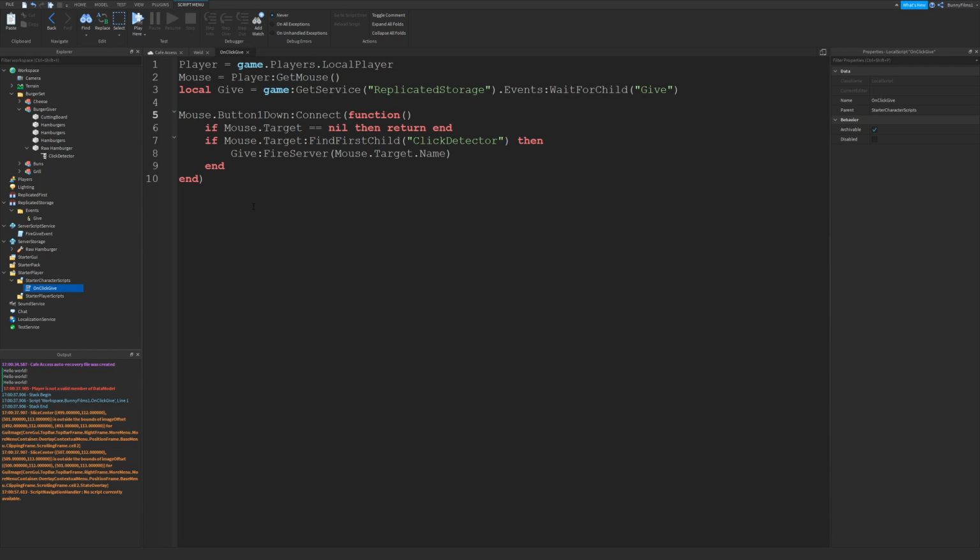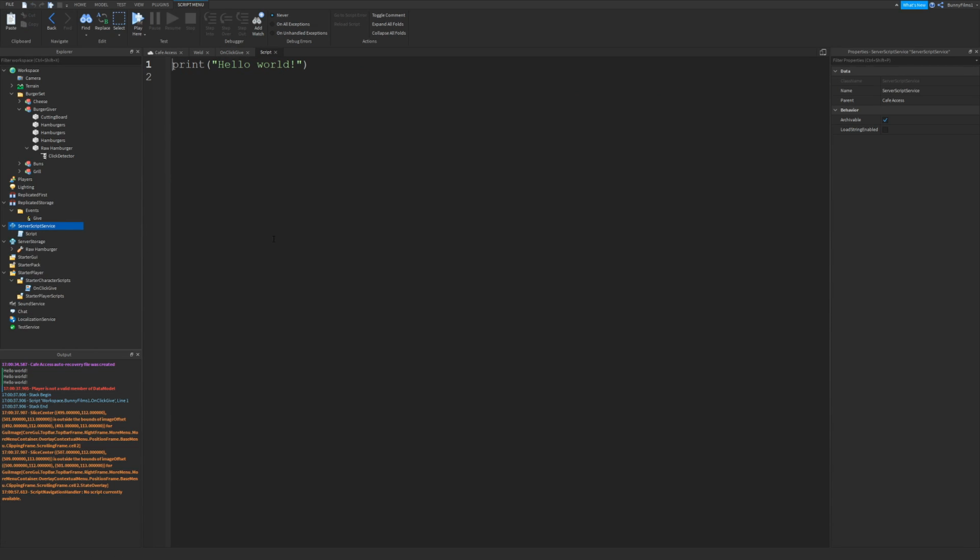And now that we have that done, we need to actually make the script that will fire once this event is fired. So under ServerScriptService, we're going to add a script in, get rid of the hello world, and we're going to begin typing a few things. Local remoteEvents equals game:GetService("ReplicatedStorage"), and then we're going to do WaitForChild